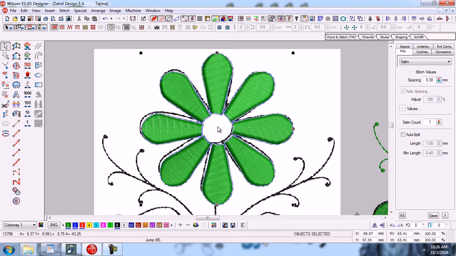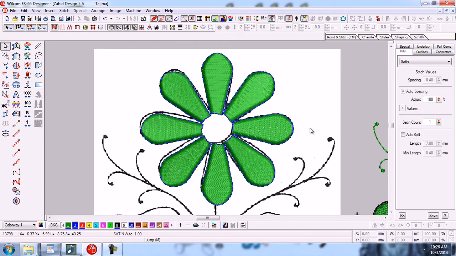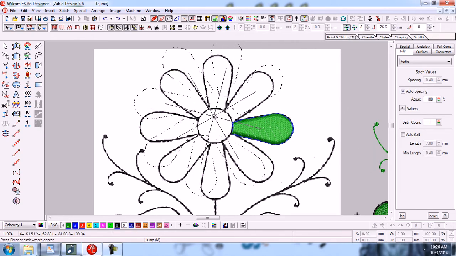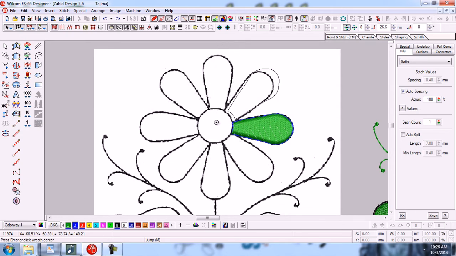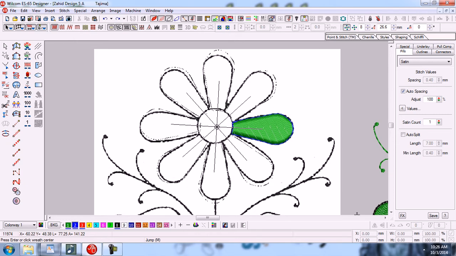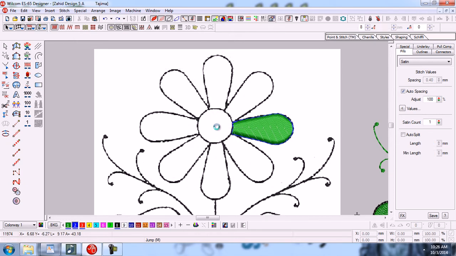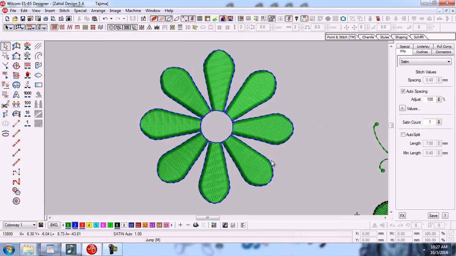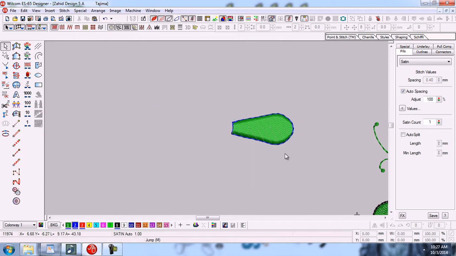Click here, and when you click, its effect will be applied. Control Z for undo. Click here again on wreath. In this way you can make an object by using wreath or kaleidoscope. Now Control Z for undo.